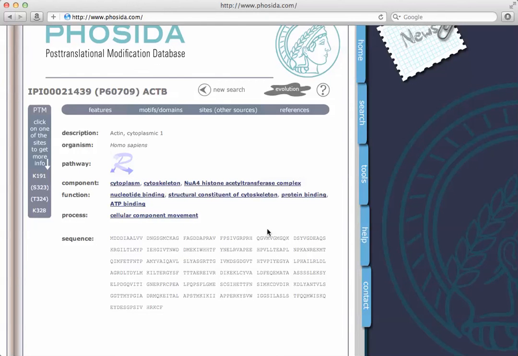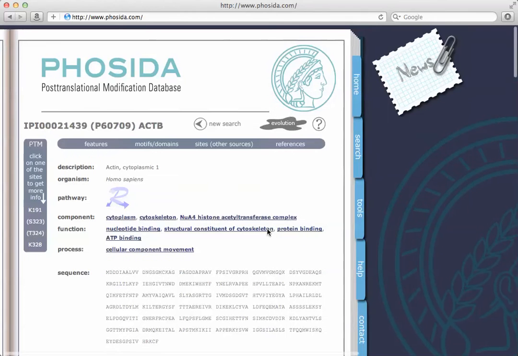So that's a protein search. It gives you lots of information about phosphorylation or acetylation sites, and you might want to check Phosida out if you need to do that kind of analysis. It's a great database and